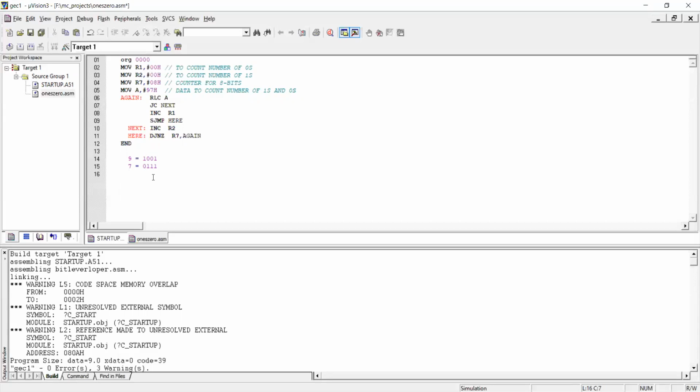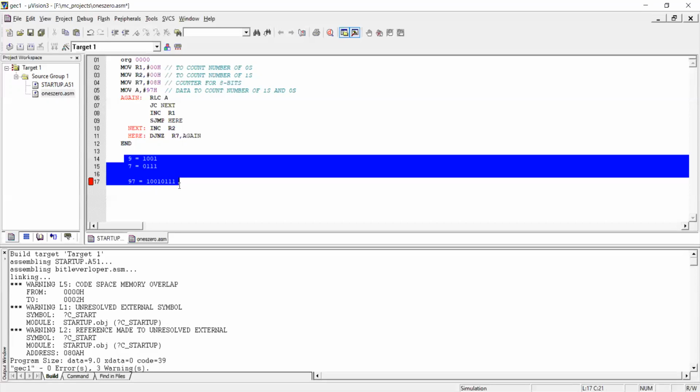So when I say 97, we have 1 0 0 1 0 1 1 1. So in this 8-bit number, how many ones do we have? We have 5 ones and 3 zeros. We'll try to count these numbers with the help of a rotate instruction here.